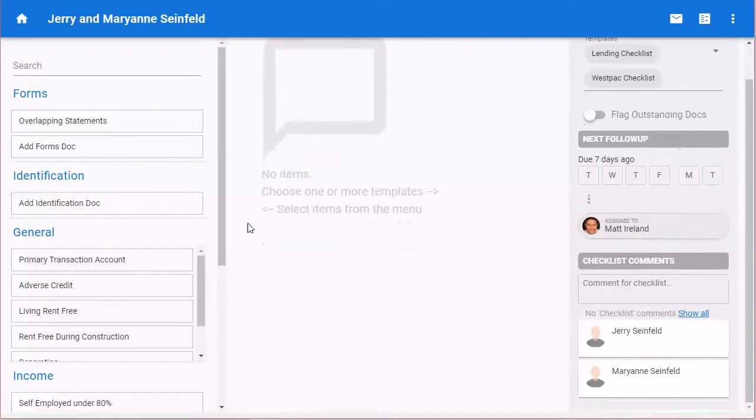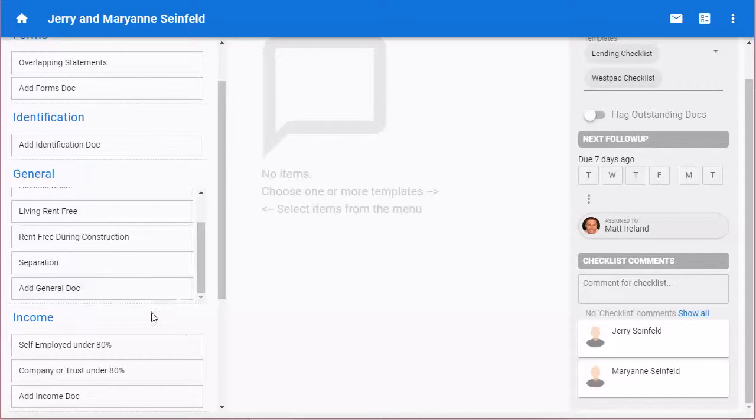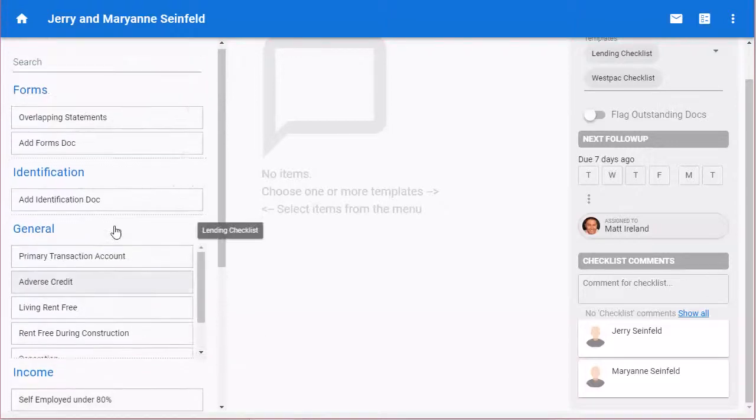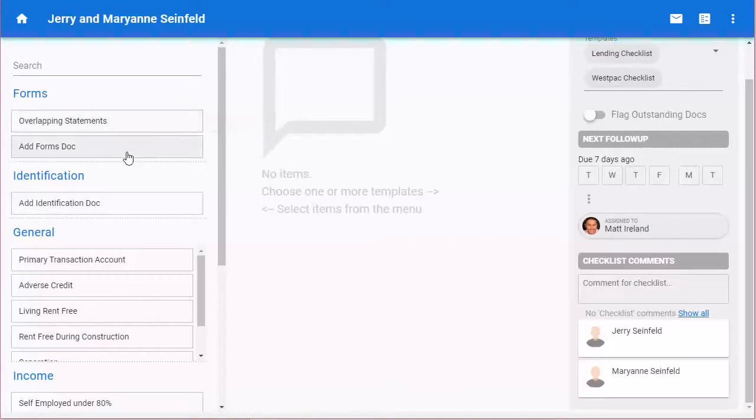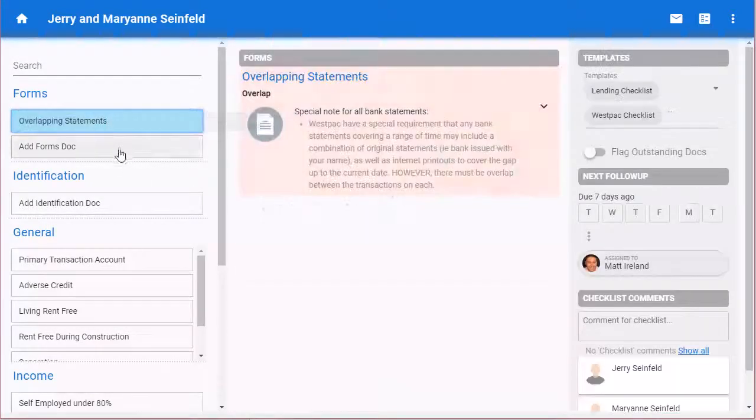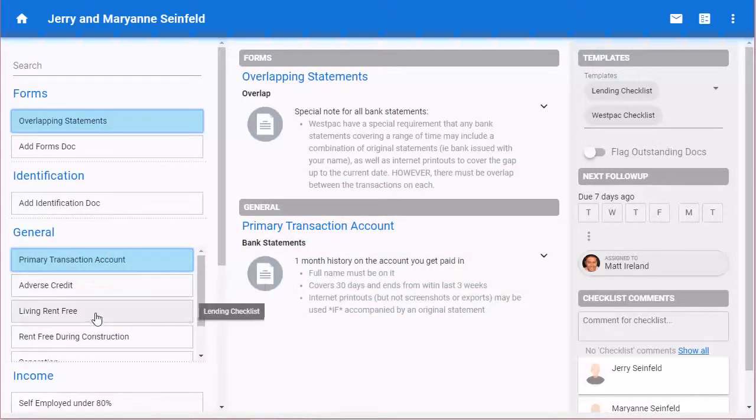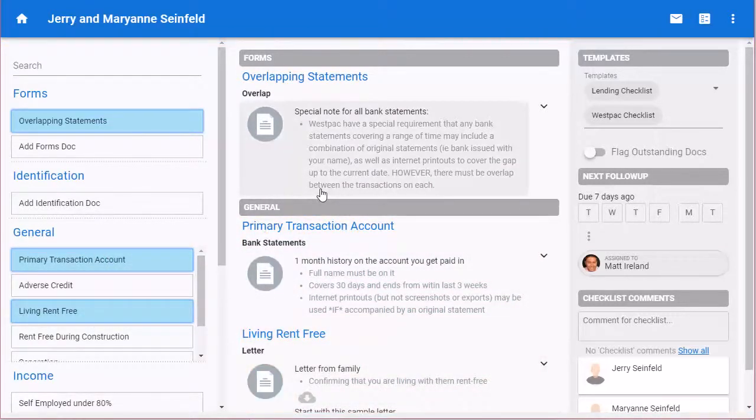As you work your way down, you can see there's some Westpac specific stuff like lending under 80%, which is different from over 80% when you're self-employed. And so what we do is just select the items from this list here. So I'm just going to click on a couple of these, and let's just tick on them. We're going to create a checklist for our client, and each of these we can go into,